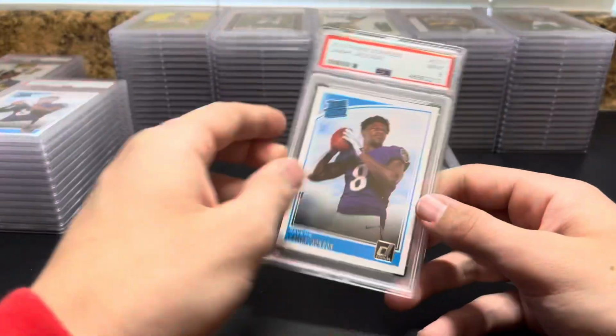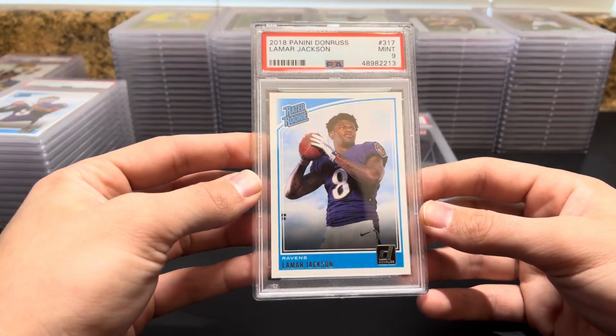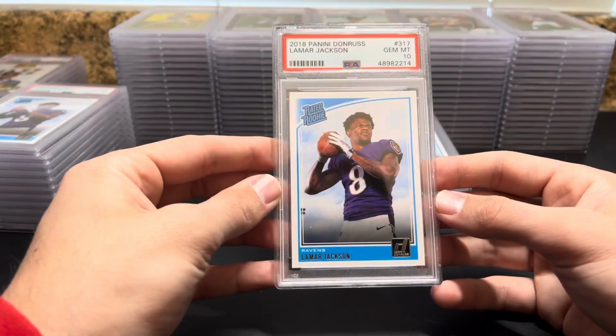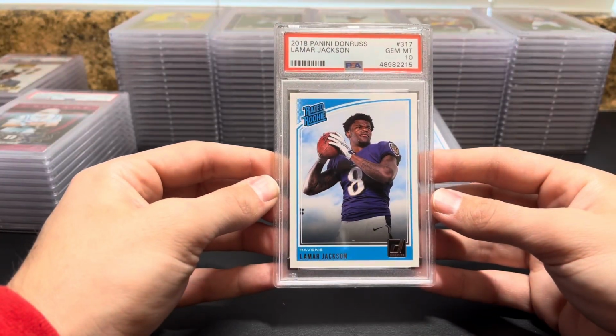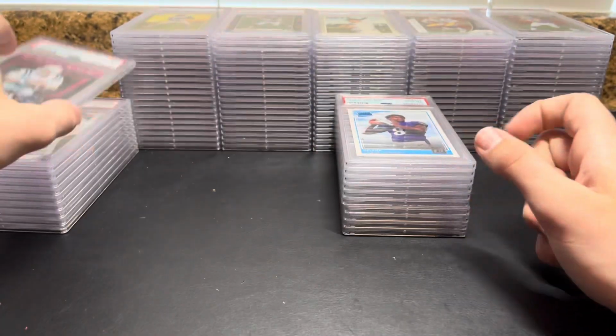Another Donruss Lamar. This one's a 9. Little off-center top to bottom. And you got a Donruss 10. Much better on the centering on that one. And then you got another Lamar Donruss 10. All right, then we got a